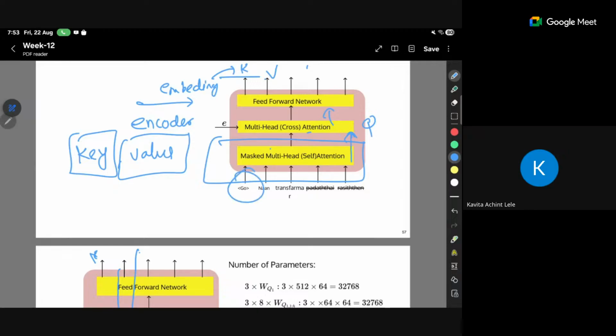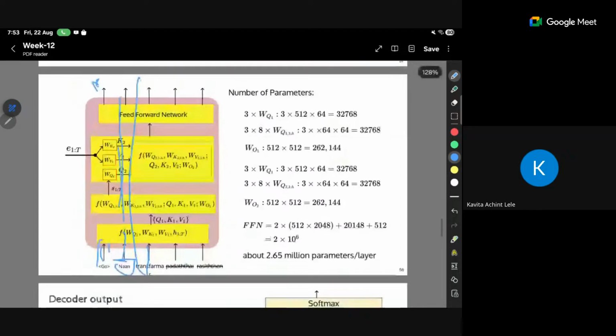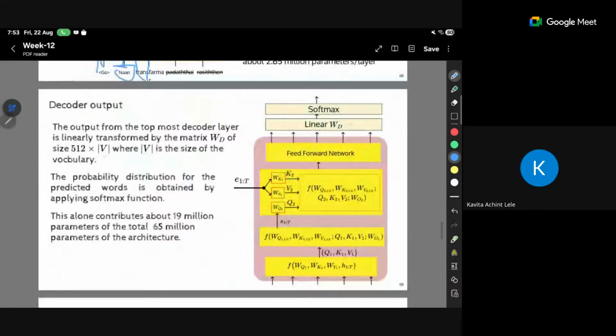So you can think like that, and that's how the searching will happen using cross attention, and that cross attention will again produce the same output, right? So whatever dimension, 512 or something like that, and then you have to pass it to feed forward neural network. So yes, same thing they have done,